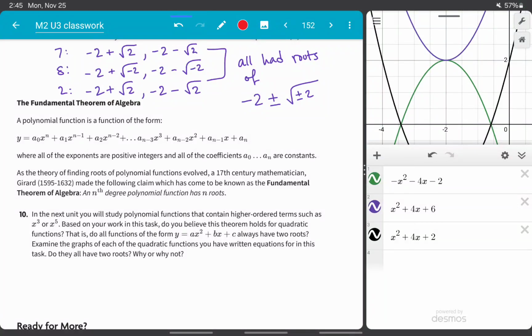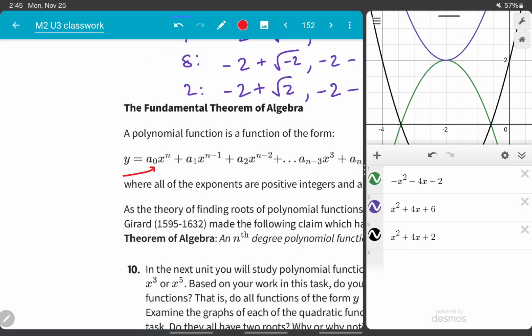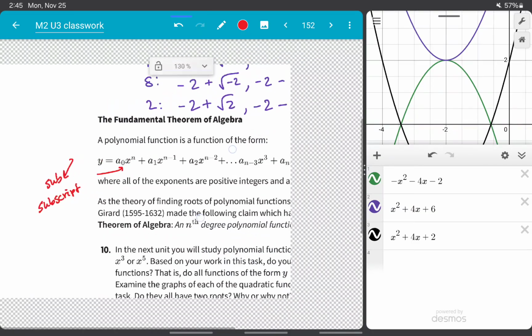The fundamental theorem of algebra. A polynomial is a function of the form y equals a sub 0. That's how we say this 0 down here. We say sub, which is short for subscript, which is just when we write the numbers on the bottom, just like how a sub, like a submarine, called a sub for short, travels along the bottom of the ocean, right